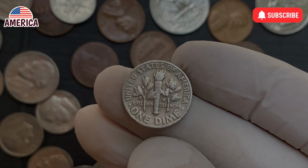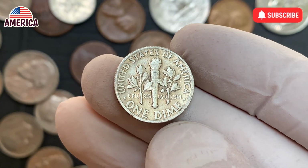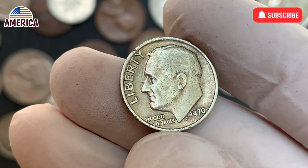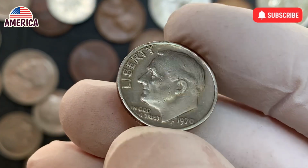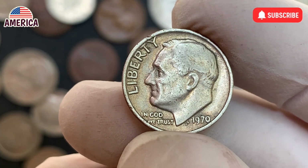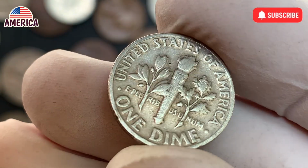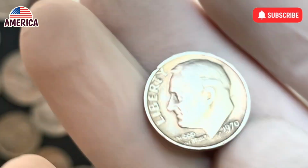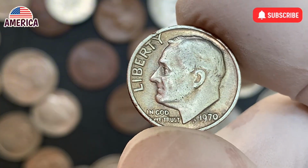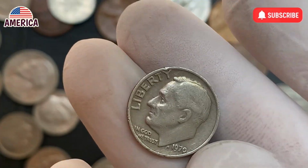Collectors crave that crisp frosting on the raised devices, the deep, watery fields reflecting light like a mirror, and sharp, fully struck details on Roosevelt's face and the tiny flames of the torch. An interesting wrinkle: because these coins were technically manufactured incorrectly, some purists argue whether they belong in traditional Roosevelt dime collections at all. Others embrace them wholeheartedly, believing that errors, especially dramatic ones, represent an important part of mint history. Today, the consensus leans strongly toward inclusion, and major grading services like PCGS and NGC recognize and certify these errors